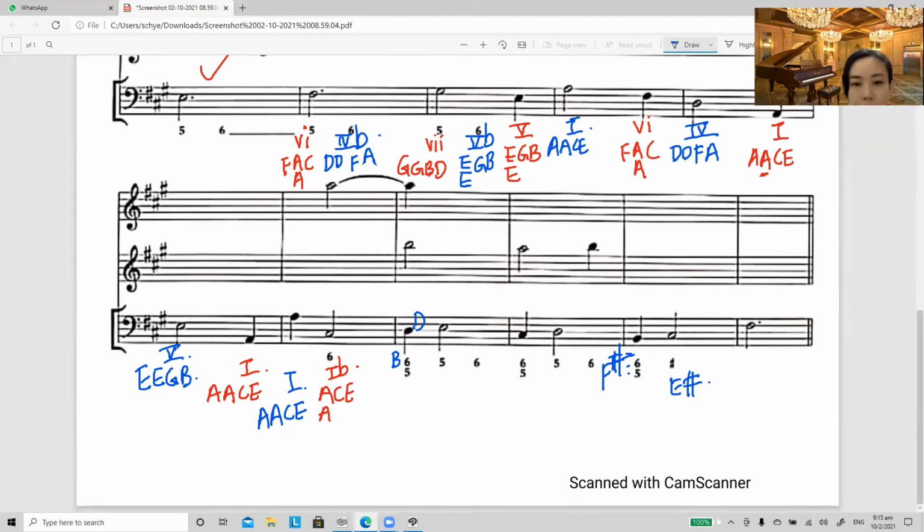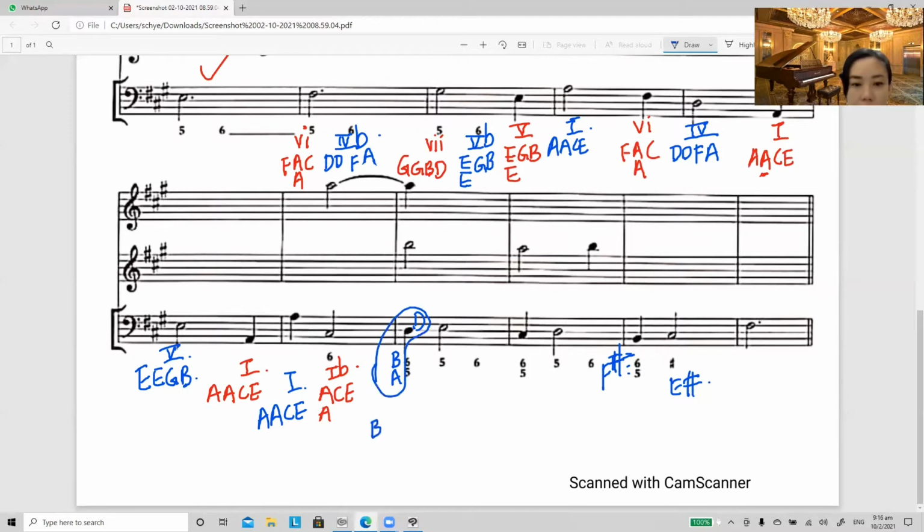Another one is 5. So D counts 5 steps. We always must count from the bass note. So D is the bass note. From D, you count 5 steps: D, E, F, G, A. So it's A. So from here, you know that if you arrange B, D, and A in correct sequence, you